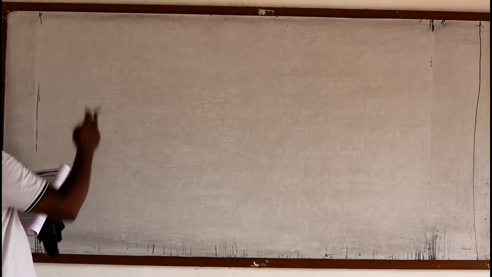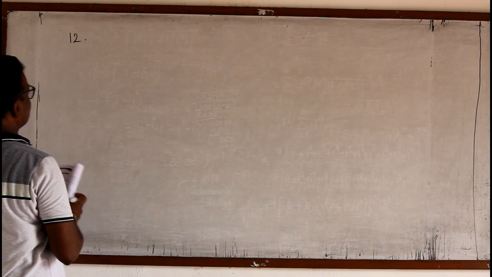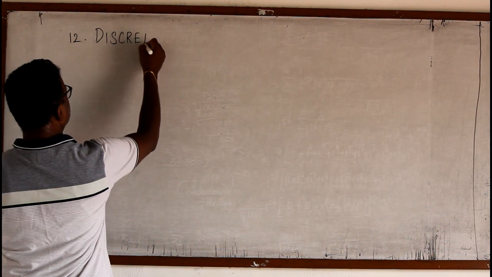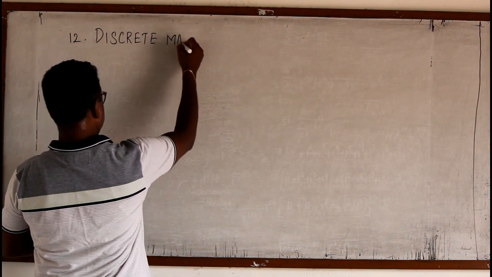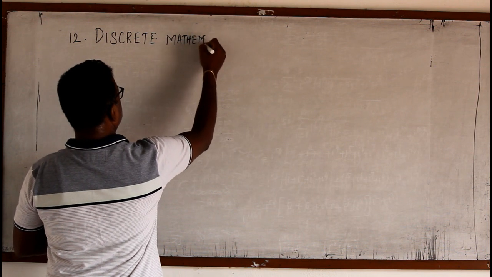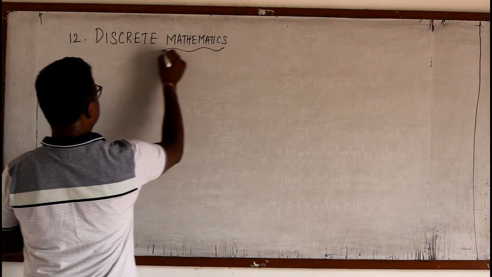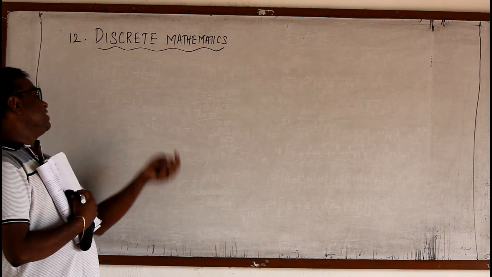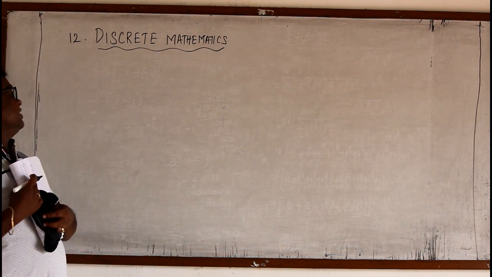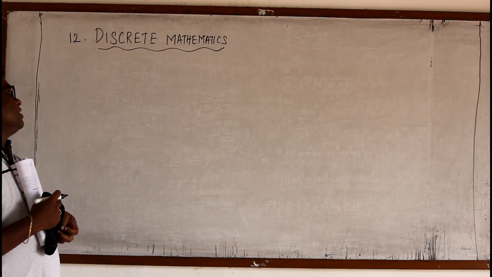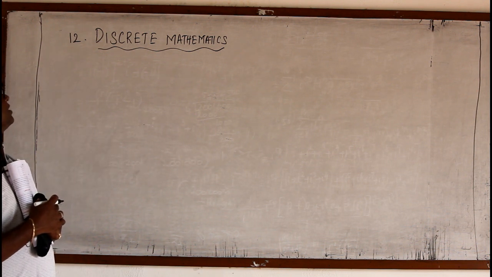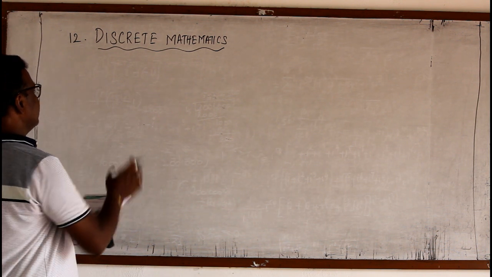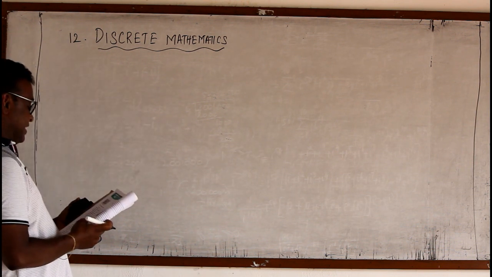Hi friends, today we shall start the 12th chapter of 12th standard, discrete mathematics. It's an easy chapter which deals with sets. So I am going to take this chapter first. After completing the theory of equations or inverse trigonometry function, we shall straightaway go for this 12th chapter, discrete mathematics, which will be easy for us to learn also. So here we are going to study something on sets only.